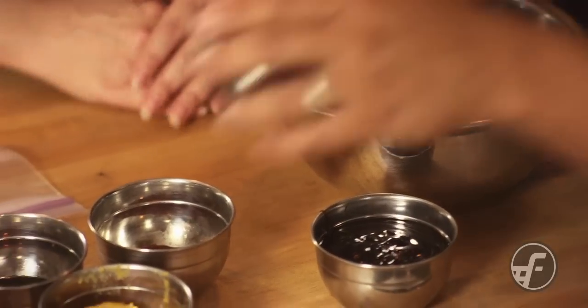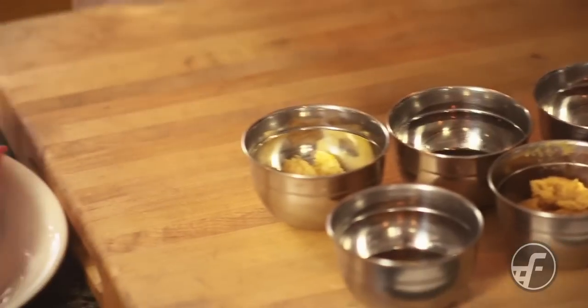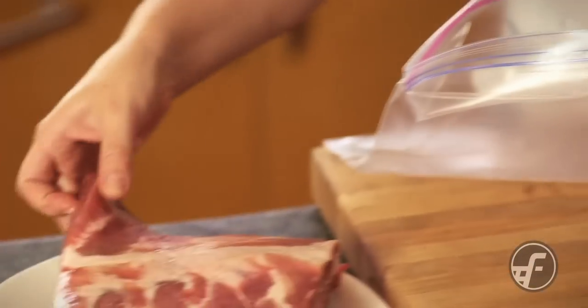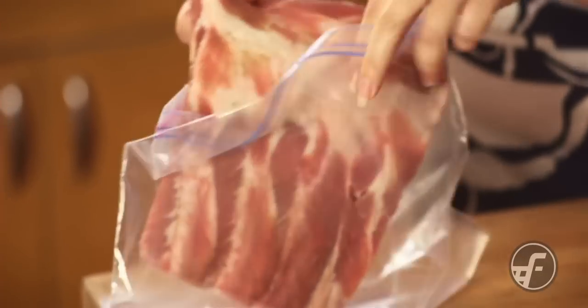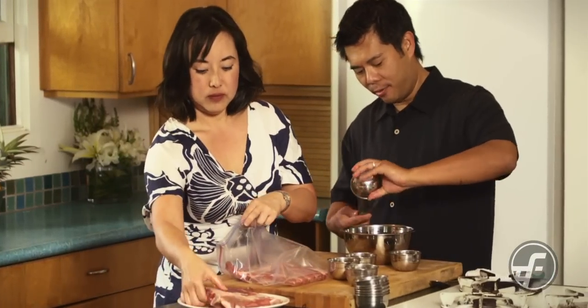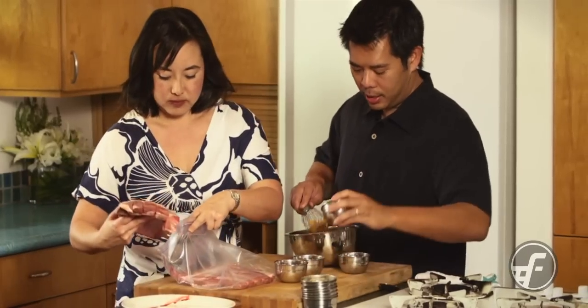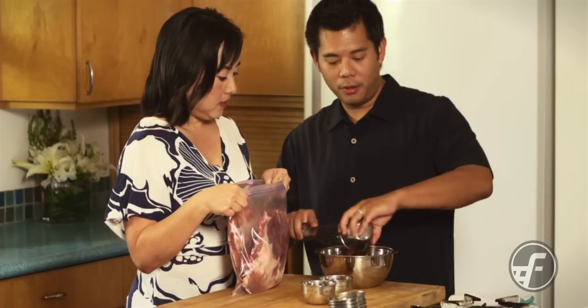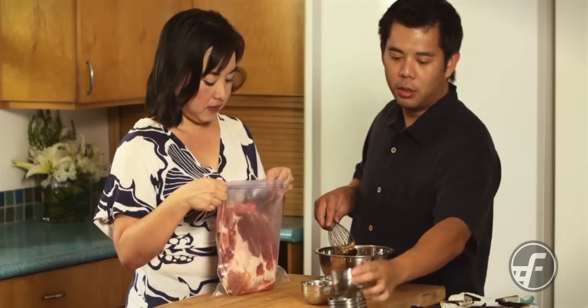While I'm doing this, I already patted dry the pork spare ribs, and I'm just gonna put it into the Ziploc bag. So ginger and garlic went in here now. I got some white miso that's gonna go in. And then the final ingredients we have are honey,